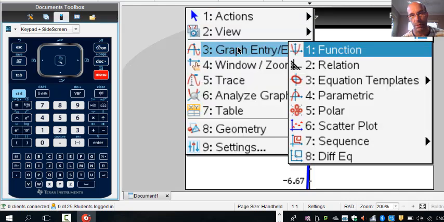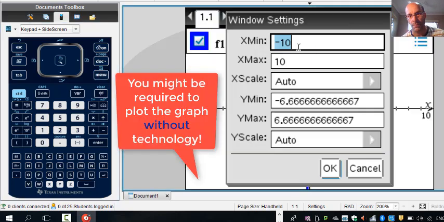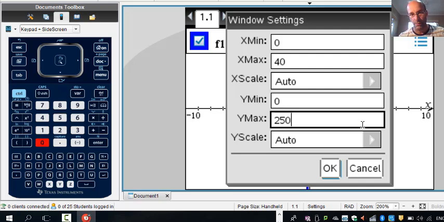Now you might notice that you don't always have the best window, so this window needs to be increased a lot more. So we go to window settings, and I don't need anything for length less than 0, so I'll start at 0, and we need to increase this a fair bit more. I'm going to pretend I don't know the answer. I'm going to try something bigger like 40, and I don't need anything less than 0 here for the area, and I know it's going to be big because we're multiplying big numbers together, so I might make that